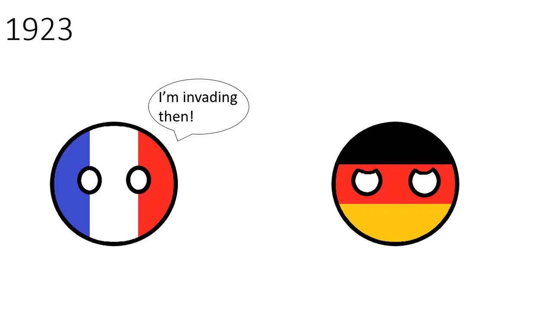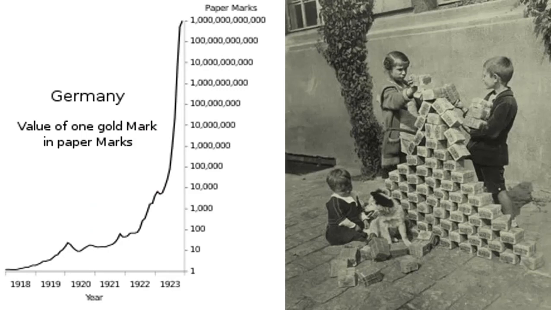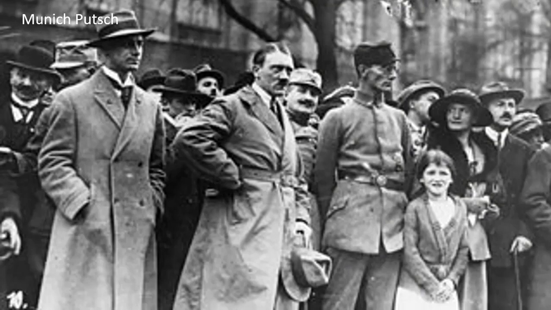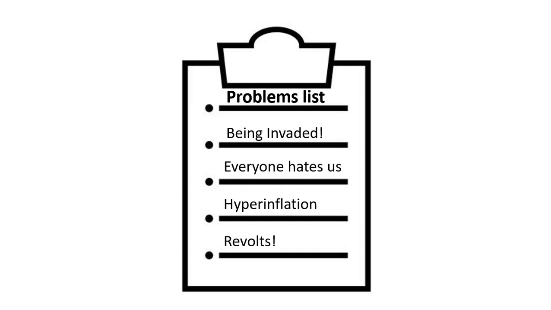In 1923, Germany missed a reparations payment, and so the French occupied the Ruhr. What followed this was a massive hyperinflation crisis due to the government printing more money to pay the striking workers. And just when you thought things couldn't get crazier, Adolf Hitler came along and tried to overthrow the government. With all this in mind, you'd think the country was about to collapse. But don't worry, for a time at least, things are going to get better.